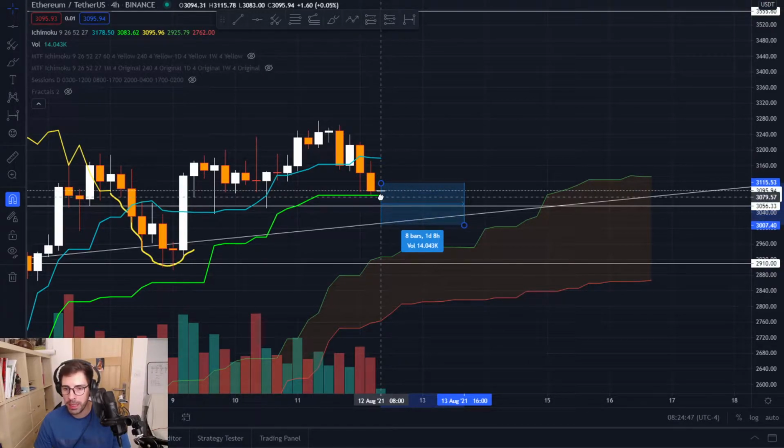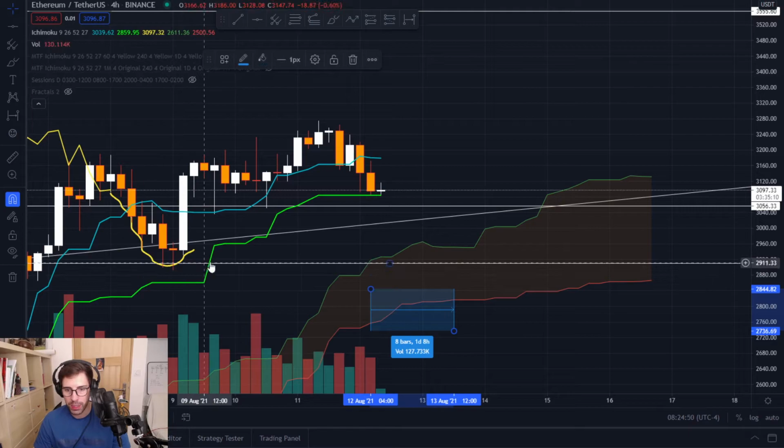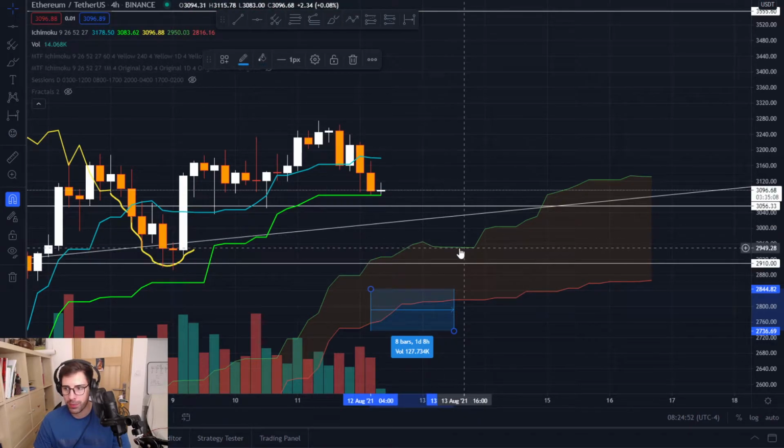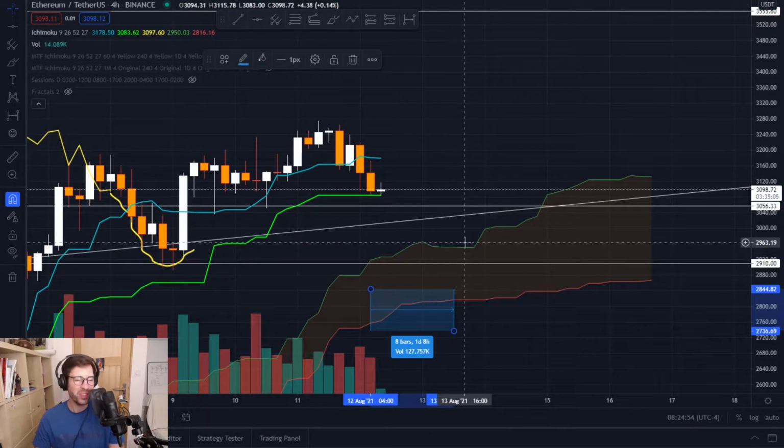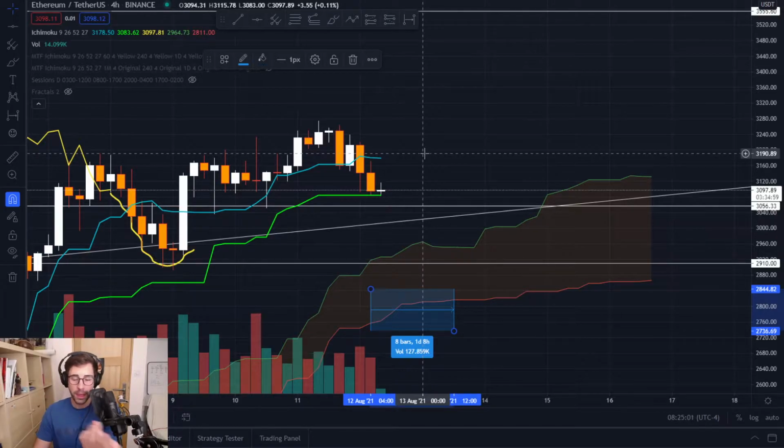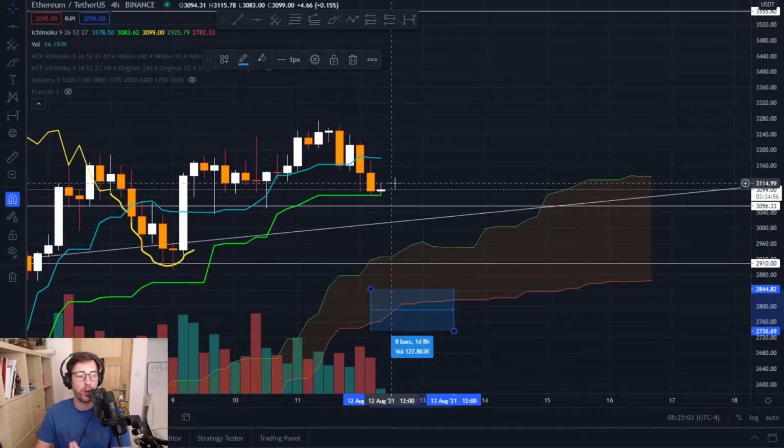And that will probably bring us down to, you can see through this candle, around this price, around 2,950. So you see in USD, that should be about 3,000. So we are always in this kind of range. But that's good to see, because at least we have an indication of what could happen.